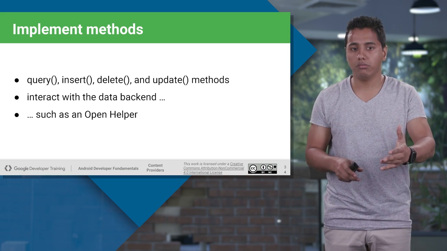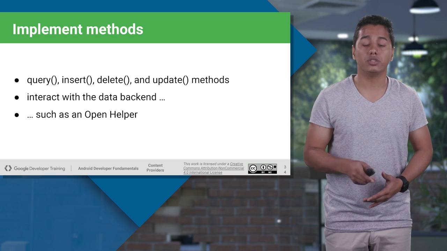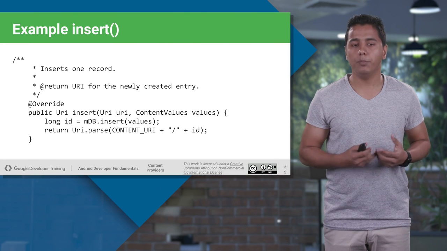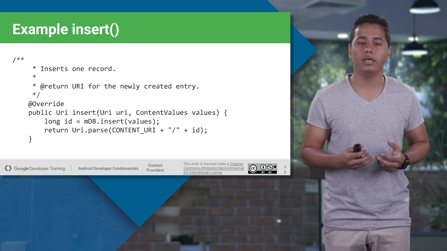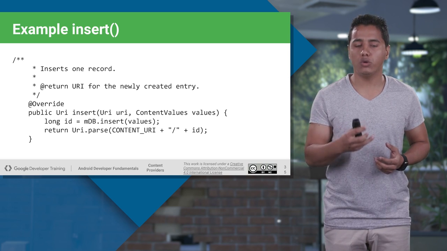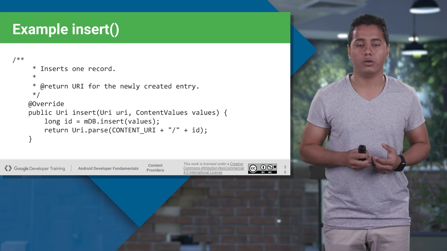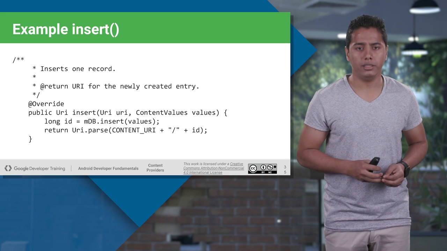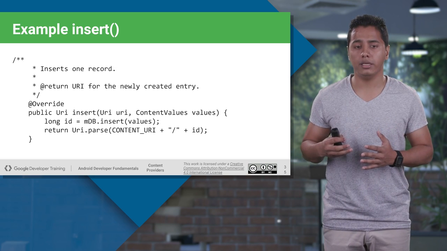If you want to insert, then call the insert method from the SQLite open helper class in the insert of your content provider. So this is the small code snippet to implement the insert method inside your content provider. This insert method has been overridden from your content provider class, and inside this you can see that I'm using an object of the SQLite open helper class, and then using the insert method of your SQLite open helper, and I'm passing the values there. Once the data is inserted, it will return me an ID, and in return I'm returning a URI here,